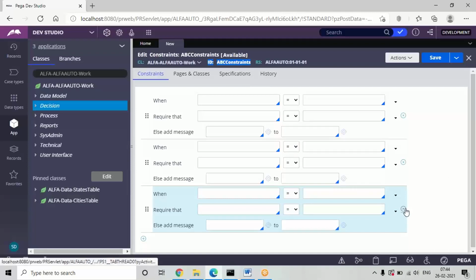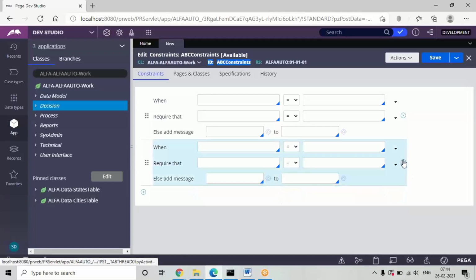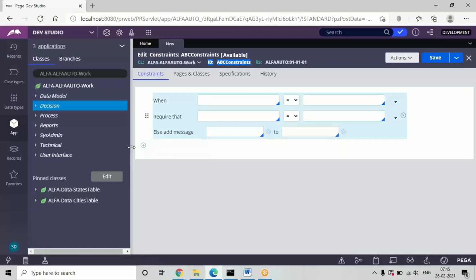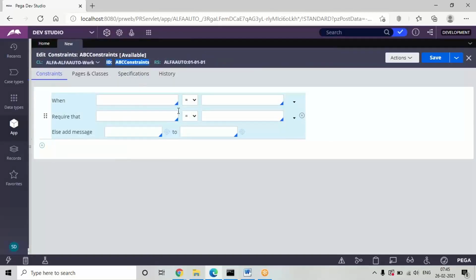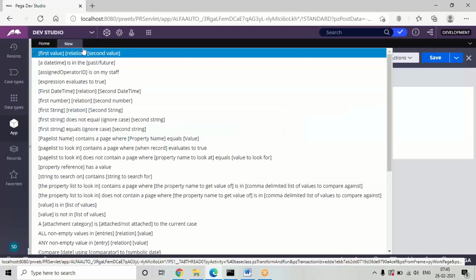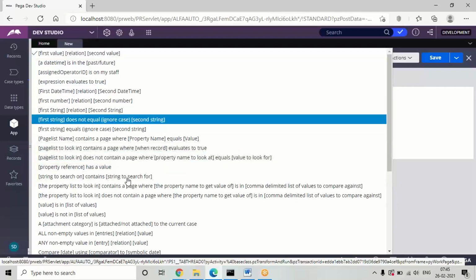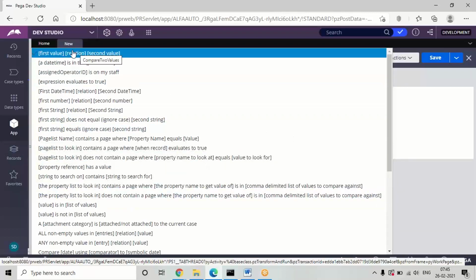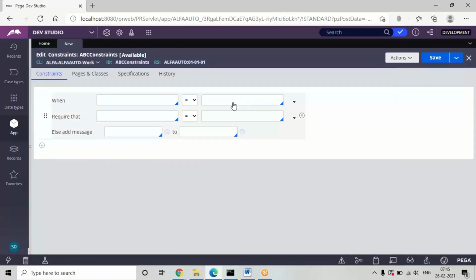Okay. Now first I'm defining for one field. I'm going to define for the first field now. See here, the properties which I'm going to compare are first and last name. I told that the default function will be already selected, called first value relation second value. So this function we can use for most types of property comparisons. There are additionally separate functions also, but without using those, we can use the same function for most of the scenarios. Here two strings I'm comparing, so I can use that function, no issue.